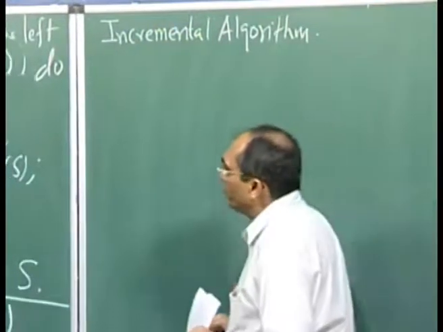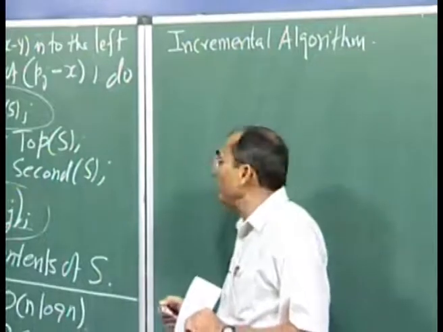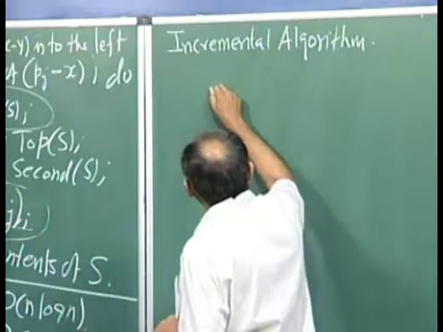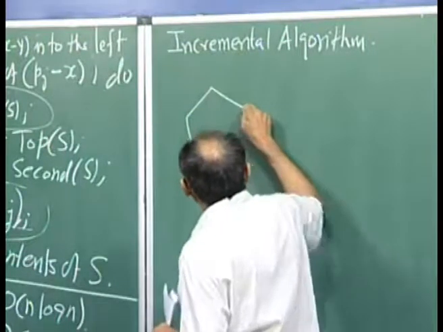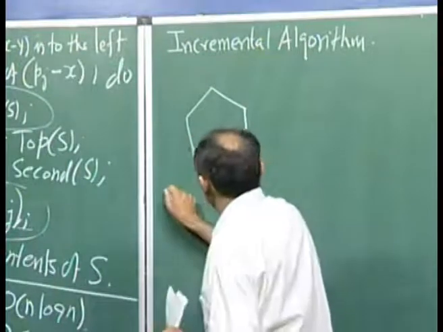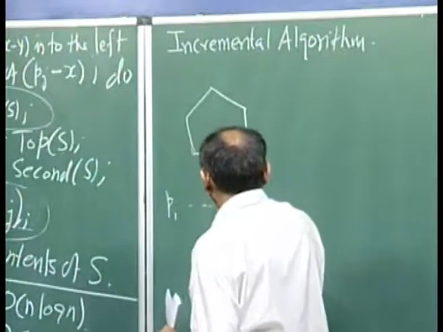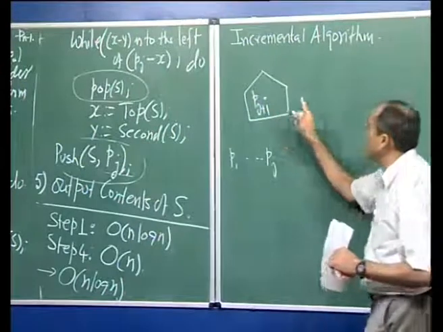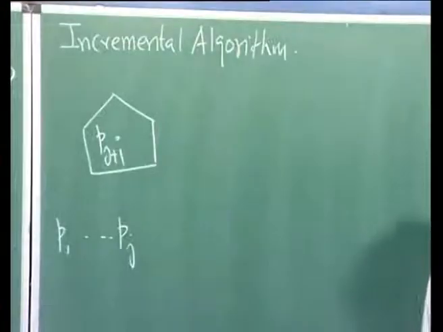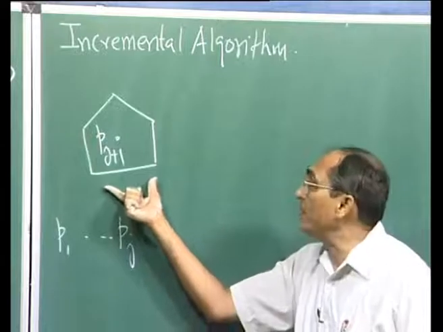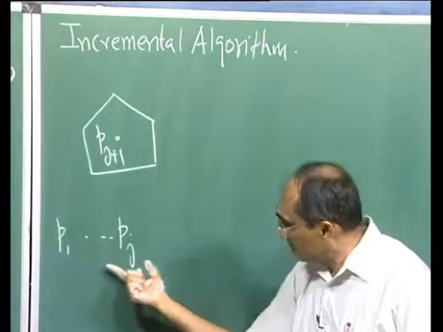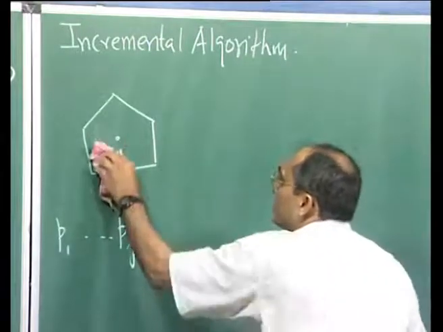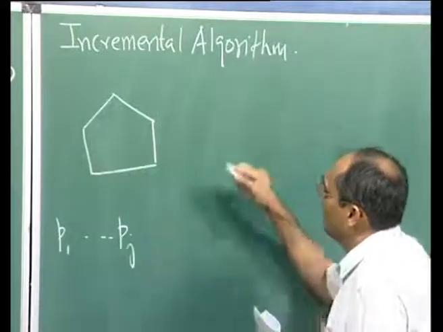In this case, we are going to build a hull one point at a time. So, let us suppose you have a hull made up of, say, first j points. Say we have points p1 through pj. If point pj plus 1 is inside the hull, then it is not going to modify. The hull will remain intact for the set p1 through pj plus 1. But in case pj plus 1 is outside the hull, let us say it is here,